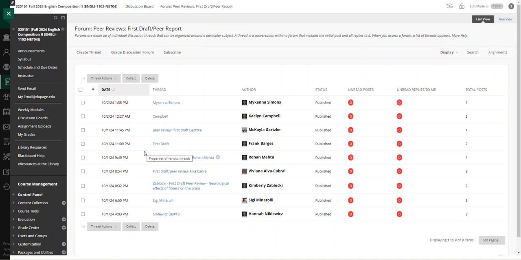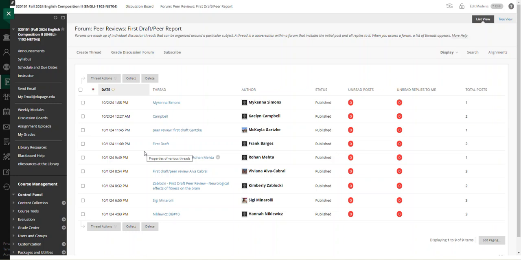Several people who have uploaded a first draft to the assignment have not completed the discussion board activity. So remember, the draft must be attached to your report as your initial post for this discussion board. And then you are required to write 2 peer reviews. Instructions are included in the discussion board. So I want to make everyone aware of this two-part process.